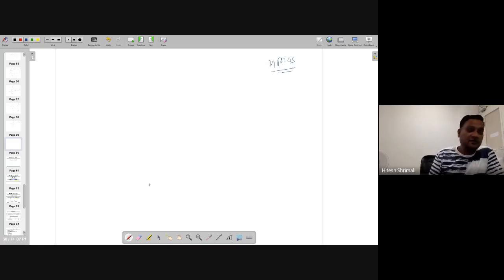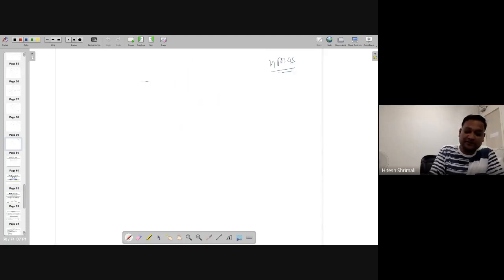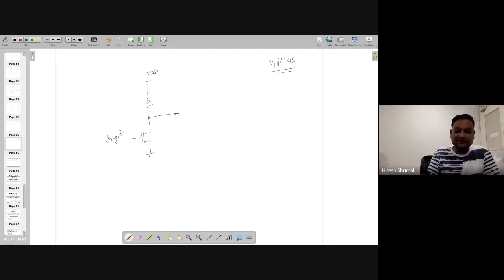During that time, people were making the inverter not using this technique, but you can see if you are doing this one, you can still create an inverter. Let's call this one RD. So the gain of this circuit is minus GM RD, by the way, and because of this it is also known as an inverter circuit.